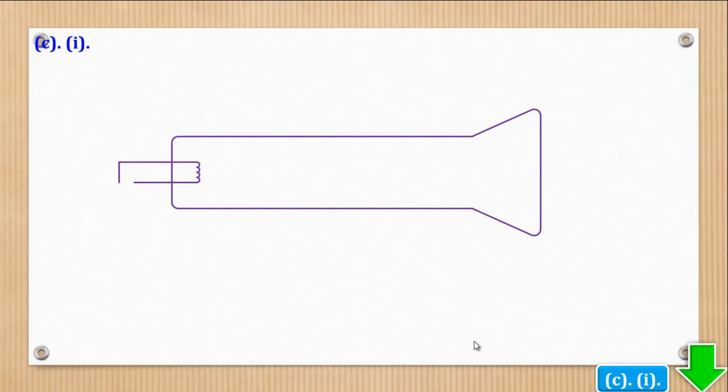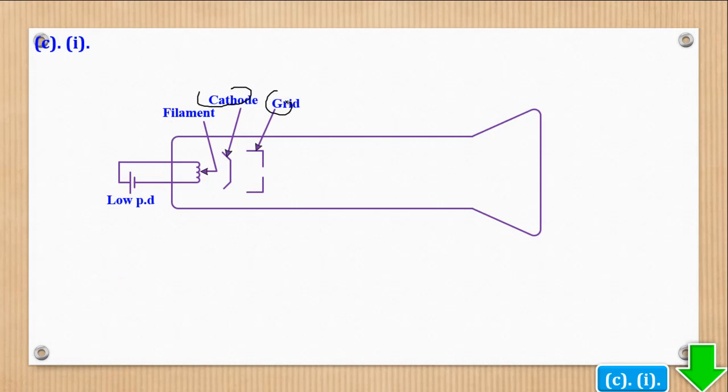So we shall have a filament with low PD, then we have a cathode, then grid, then we have the anode,